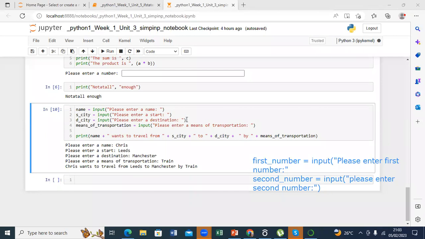So once you input all of them, then now I will print out the name wants to travel from this city to this city by this means of transport. So if I run this code,